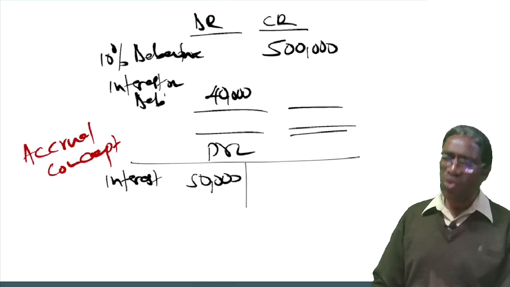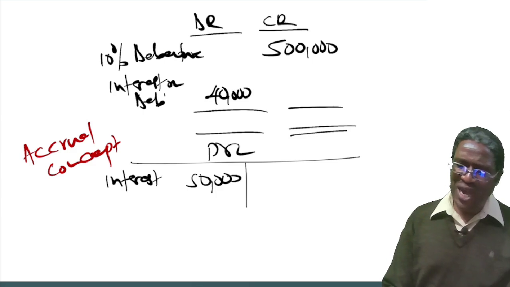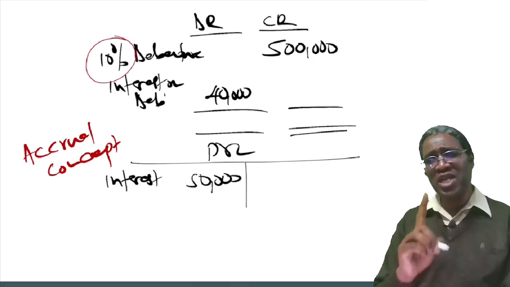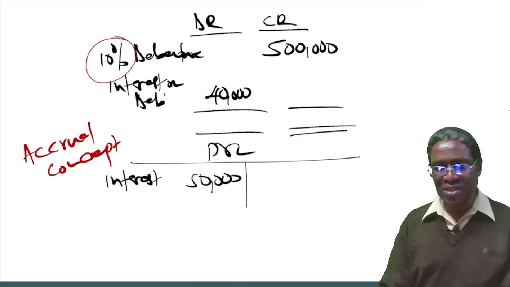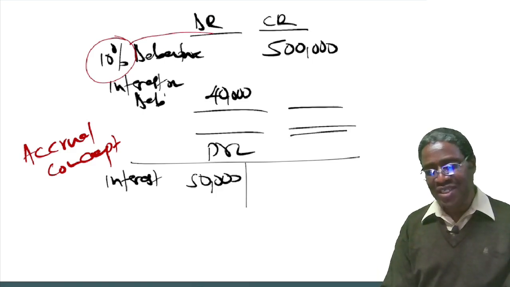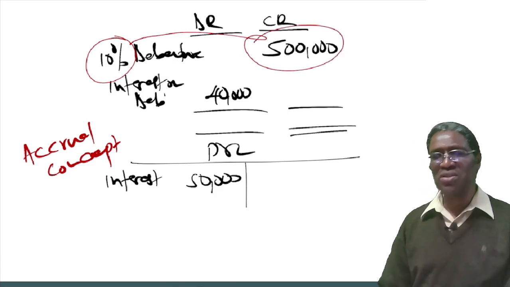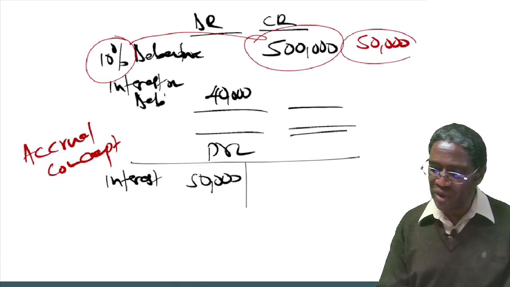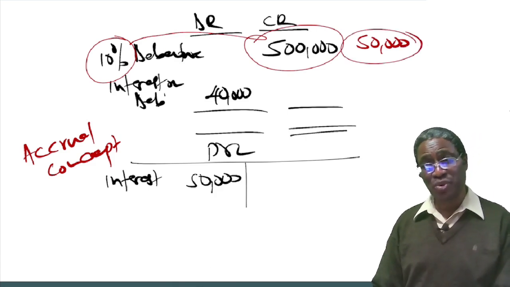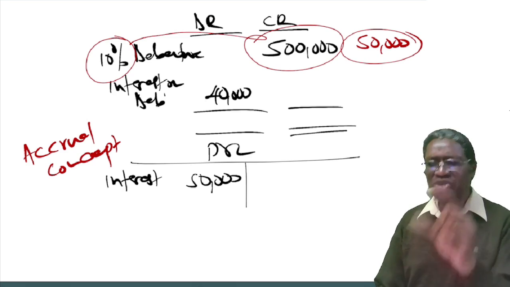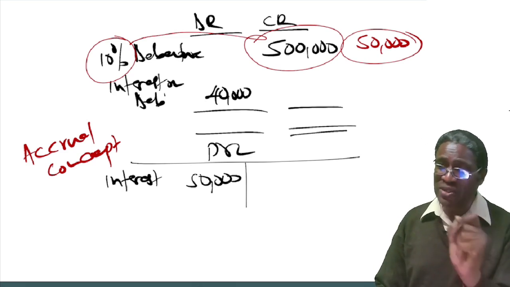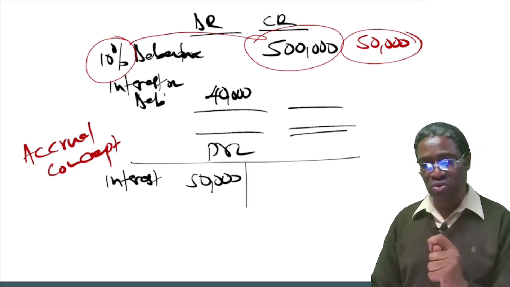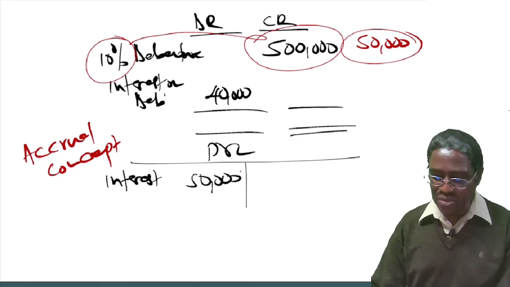So, by looking at this trial balance, this company has a 10% debenture. Every year, they are supposed to pay their debenture holders interest at the rate of 10%. 10% of 500,000 means every year they're supposed to pay interest of 50,000. So whether they have paid it or not, the concept states recognize cost when it is incurred, but not when money is paid. In your income statement, you will charge